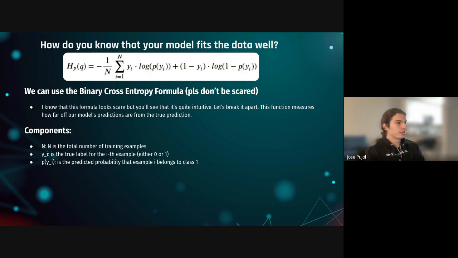Ignore all of the summation and everything right now. It's essentially the same thing as mean squared error. This is just getting the average. The main thing is inside. So we have n here, which is just the number of examples. y here is the true label, either 0 or 1. And then the probability of y sub i is the predicted probability that i belongs to the positive class.